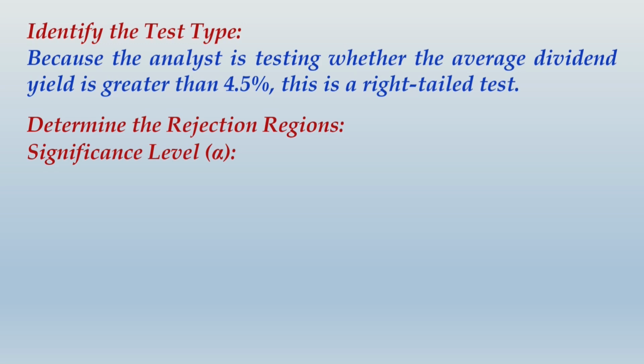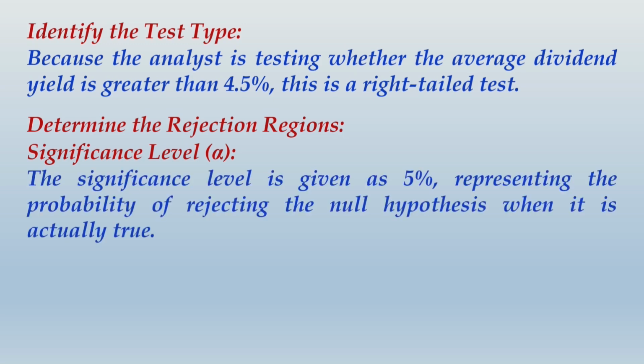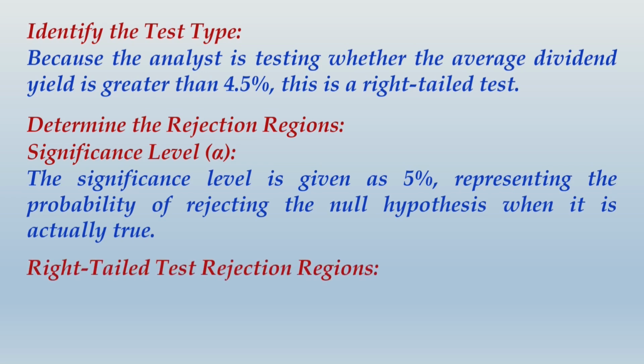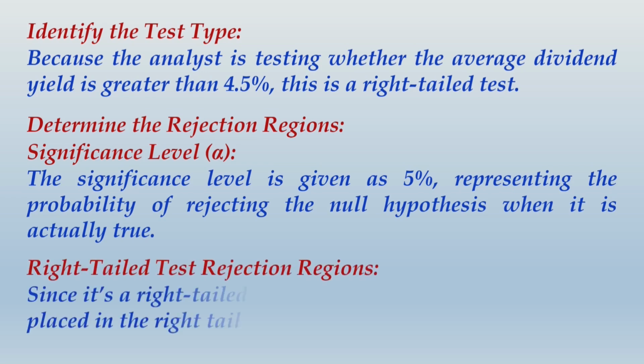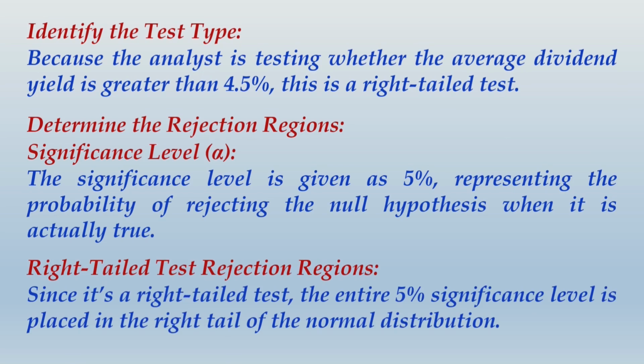Now determine the rejection regions. Significance level, that is alpha. The significance level is given as 5%, representing the probability of rejecting the null hypothesis when it is actually true. Right tail test rejection regions. Since it is a right tail test, the entire 5% significance level is placed in the right tail of the normal distribution. So please write up this whole thing and then I take you ahead. Alright friends, once you have completed writing this whole thing, let us move ahead and